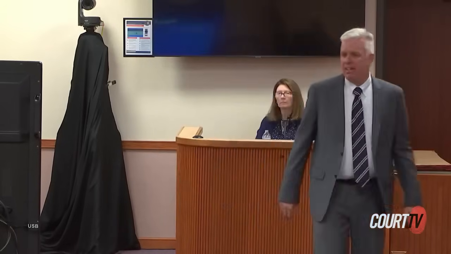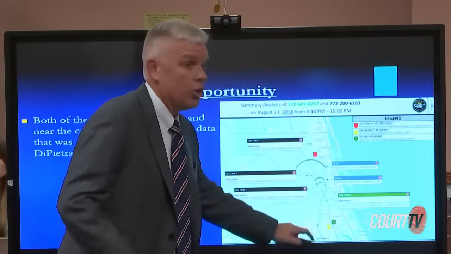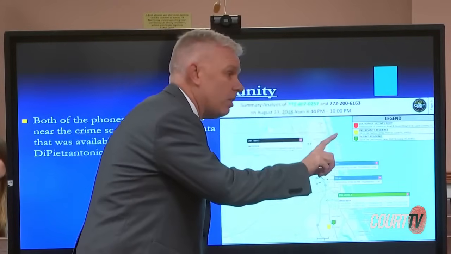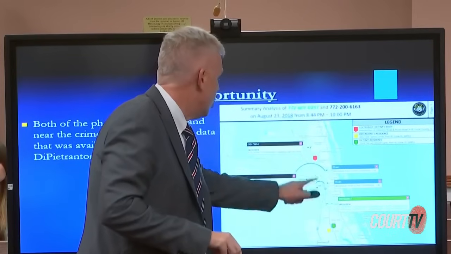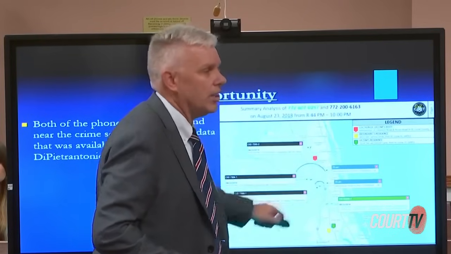Well, how do we know that? Remember, both of the phones are together near the crime scene based on the data from Agent Kelly. What's happening here? Both of these phones are moving together first, which is significant. They're both together, and they're both moving north from Tania's residence to the crime scene of Johnson and Russo's. Significantly,